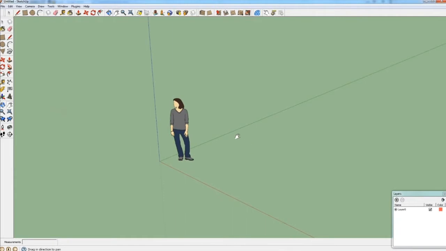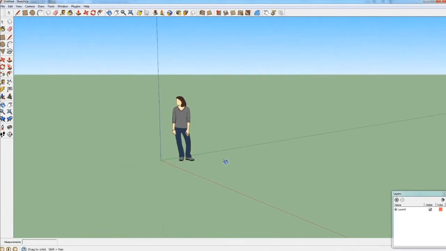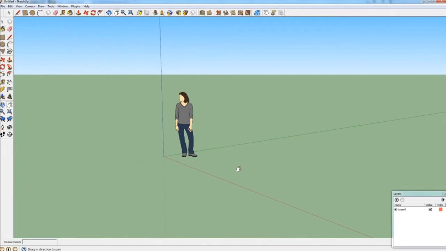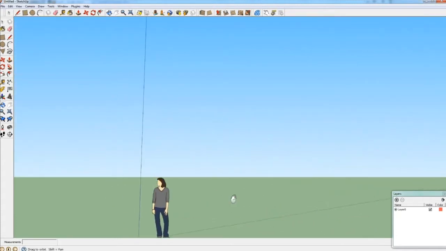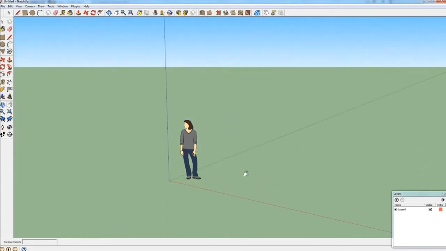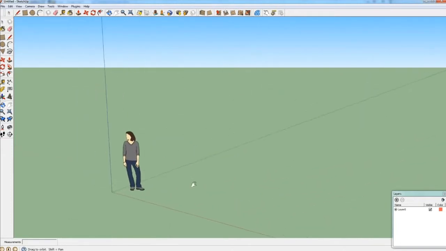We can access the Orbit tool also by typing O on the keyboard, and we can access the Hand tool by typing H. A more elegant way of accessing these two tools is by holding down the scroll wheel of the mouse for the Orbit tool, and then when we have the scroll wheel held down, we can press the Shift key simultaneously in order to access the Hand tool.